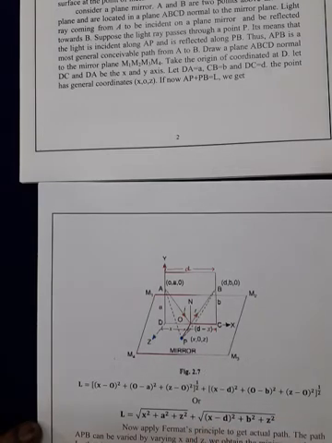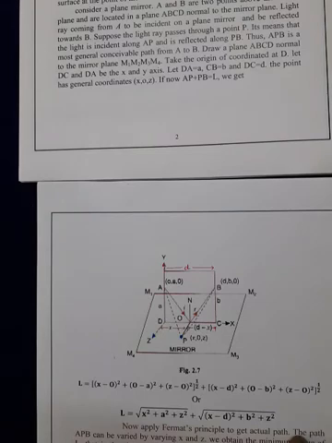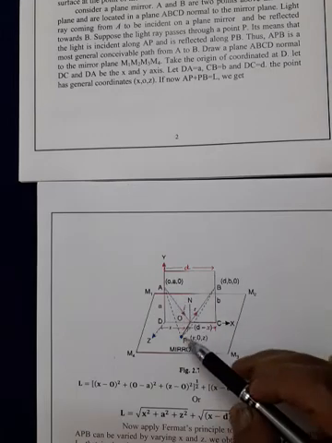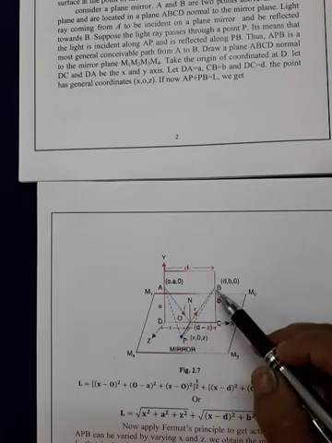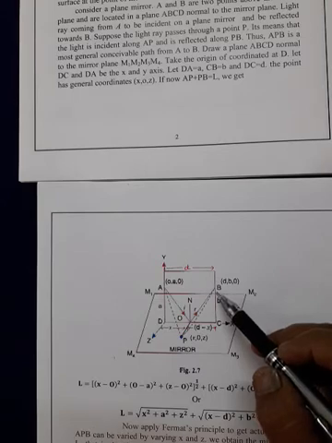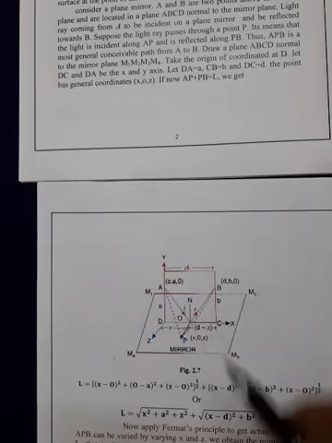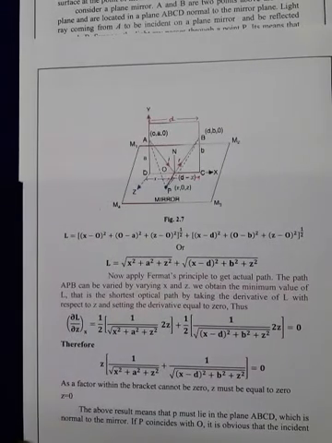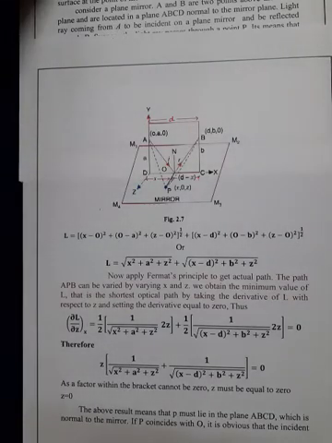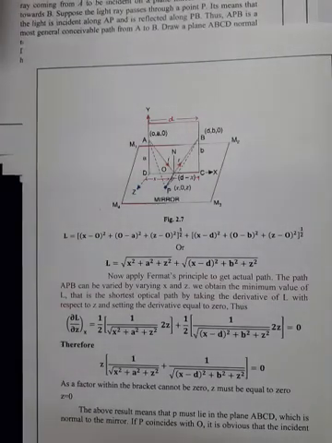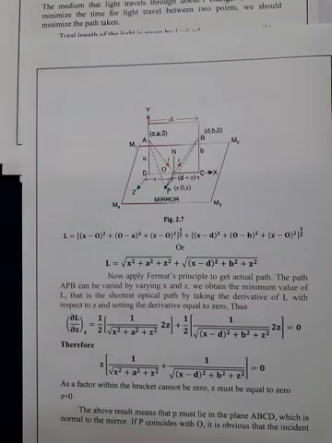If now AP plus PB equal to L, then we get L equal to, by using a general coordinate system, by using x, L equal to